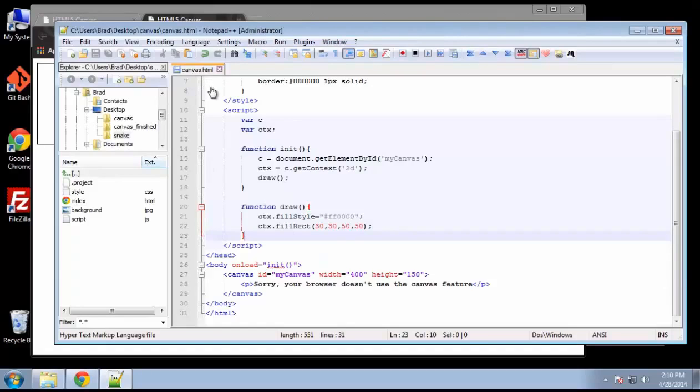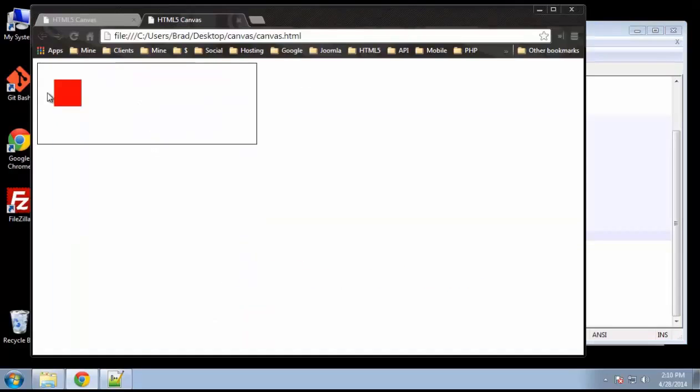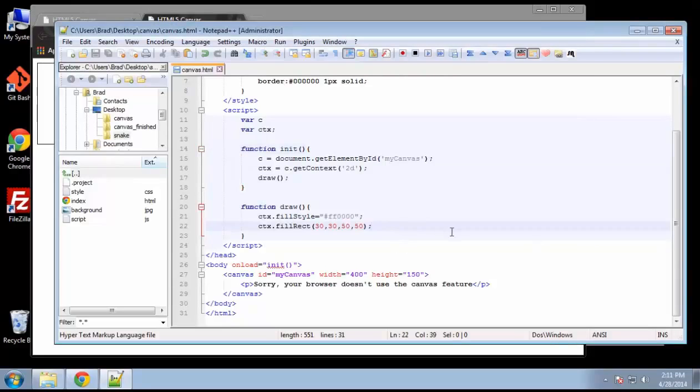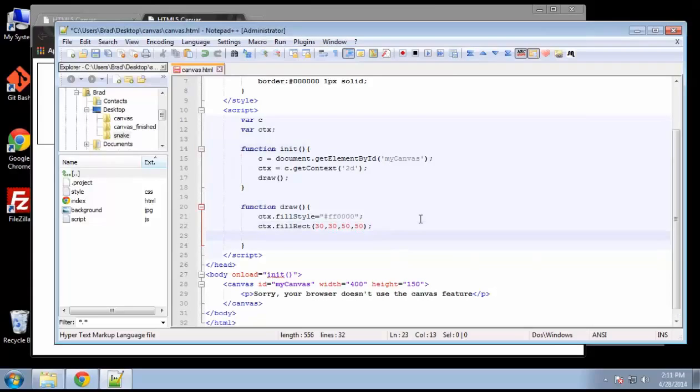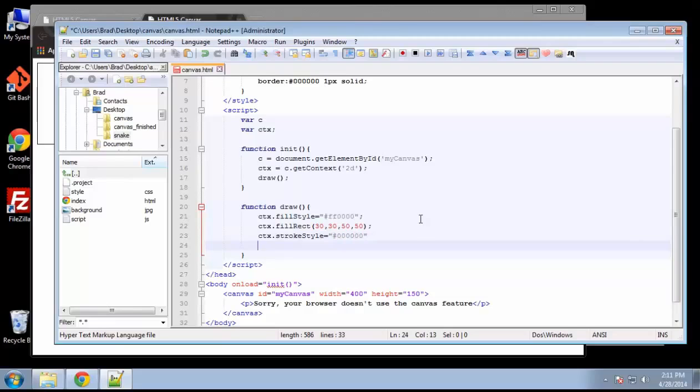Now let's say we want to give this square a border. It's a red square, so let's give it a black border, or what's called stroke. Right under where we created the rectangle, we want to use that same object, CTX, and we can give the border a color. Just like fillStyle, we'll have strokeStyle, and let's set that to black. Again, this is just setting the color. We haven't actually given it the border yet. To do that, we want to do CTX